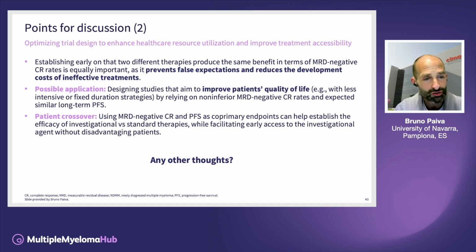And then the issue of patient crossover. This would not modify dramatically the issues regarding those trials with patient crossover. But I think that having PFS and MRD negative CR, for example, as co-primary endpoints may facilitate the use of patient crossover and provide greater confidence on the benefit of OS, even if this cannot be demonstrated in such a trial because of patient crossover. And I end this slide by asking for other thoughts about using MRD as an endpoint